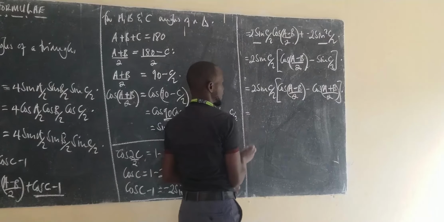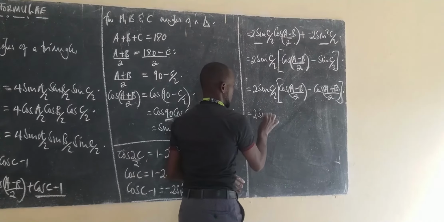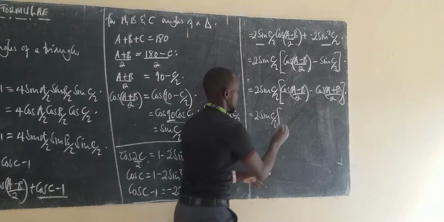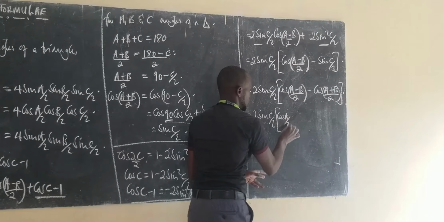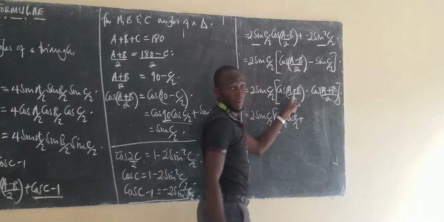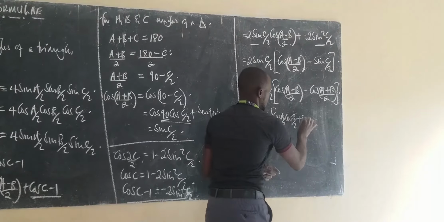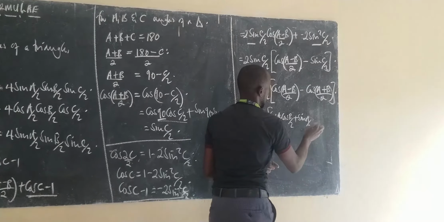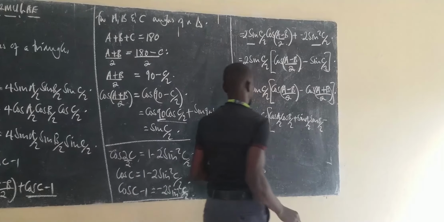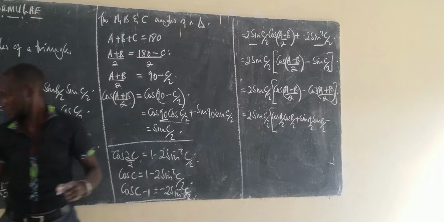When you opt to expand 2 sine C over 2 into, expand this, it becomes cos A over 2 cos B over 2, plus, because this is minus, so it becomes plus, sine A over 2 sine B over 2, minus